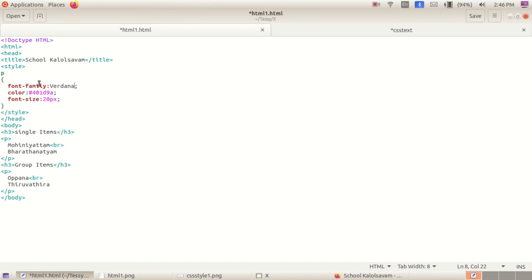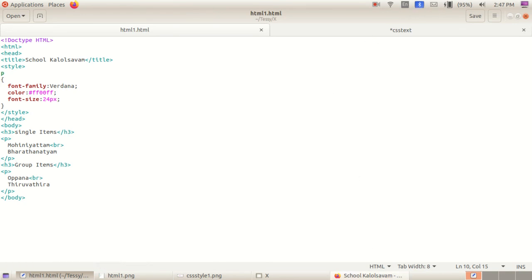Verdana, and color #FF00FF. Look there, the color is also changed. Font-family, its look will not change. Then font-size 24px, we need to make it not 20px, but 24px. Then what we need, children? We want to save it. Okay, we saved it.